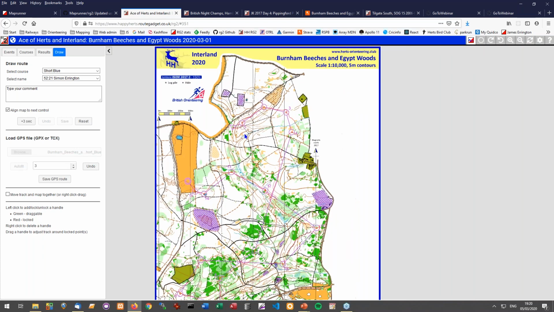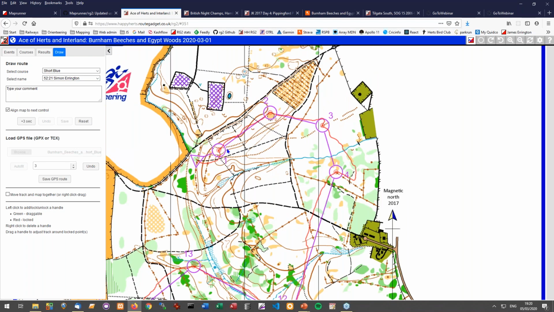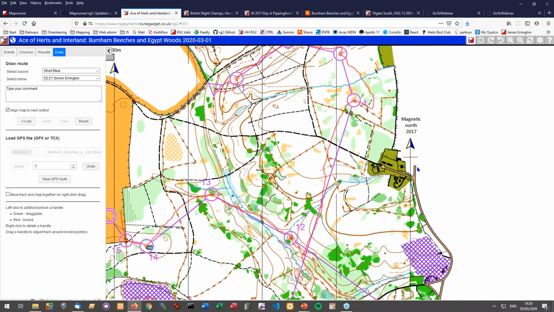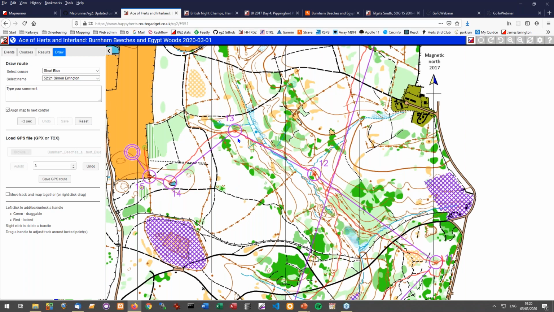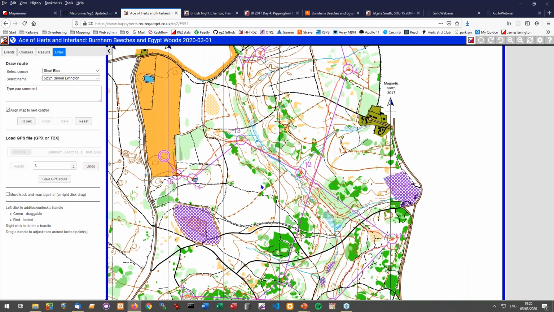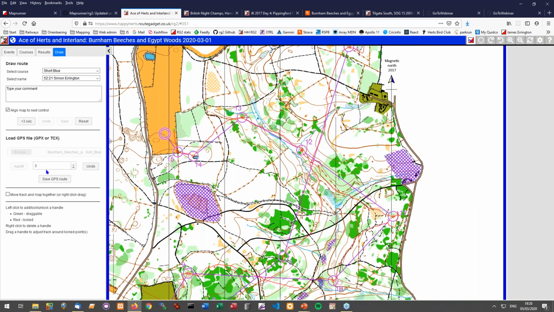And the way it does that is it looks at your time at each control and tries to work out what the best fits of all the times at the controls are compared with the locations and the controlled locations. And there's some strange maths in the background, but it basically tries to find the best fit it can. And this offset says, well, I think your watch is about 3 seconds different to race time. And you can play around with this, and it changes the fit slightly, but it's generally pretty good. So if you do use auto fit, that's fine.